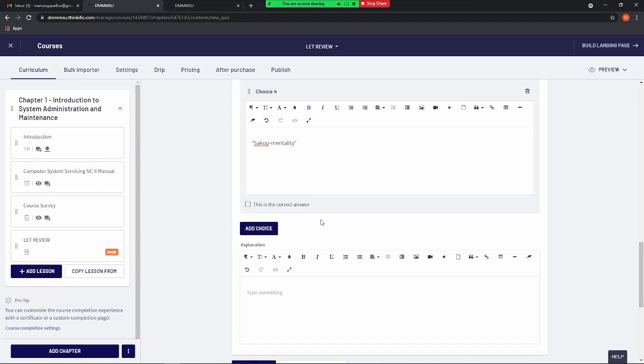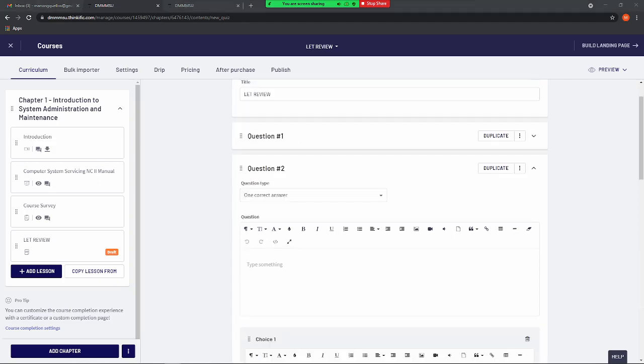Okay, let's add another question para ma-check po natin, and let's check kung ano yung mangyayari kapag mali naman yung sagot. Okay, so we have the question number 1. Ayan, question number 2. So, one correct answer pa rin. Multiple choice. So, in context of grading, for example,